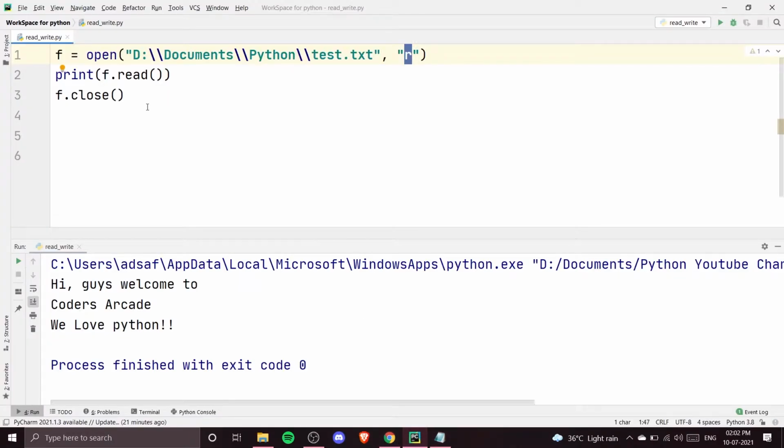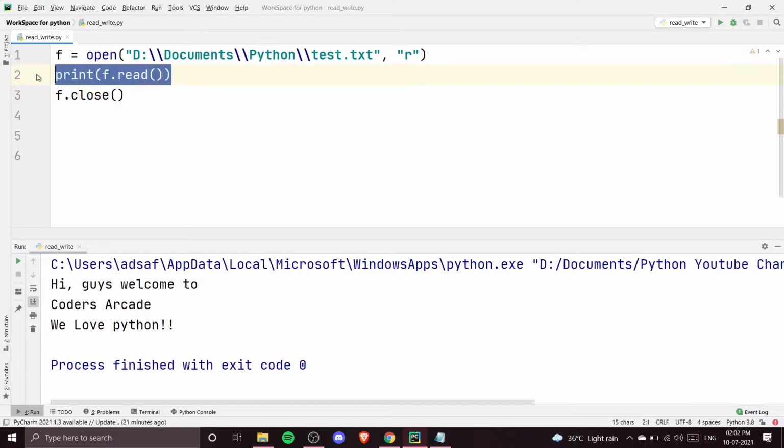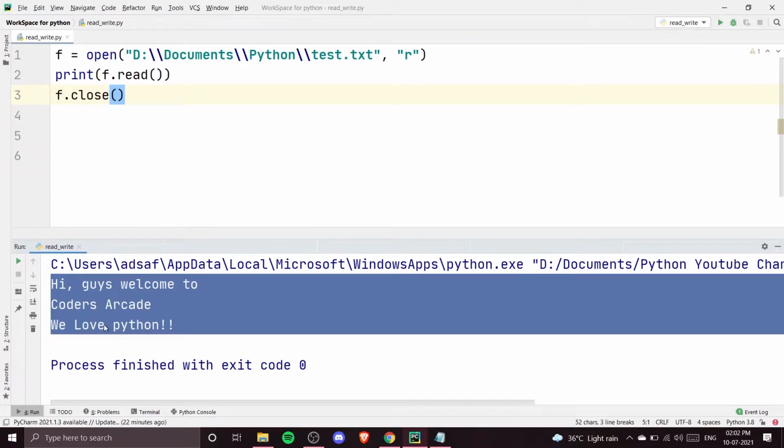So let us move on to PyCharm. Here we have already read it. This was the simple read thing. Now let us say we want to read the lines one by one, and iterate over them, and then count the number of words, because we cannot count the words like this. I cannot count the numbers using this code, because it is going to read the whole file at one time. Once I execute it, the whole code will be executed, and it is read at one time. I don't want that.